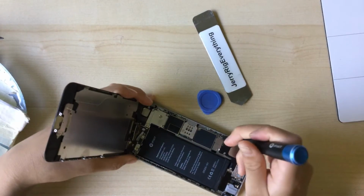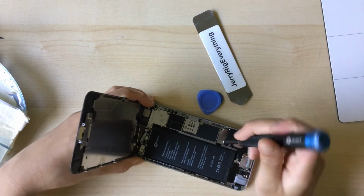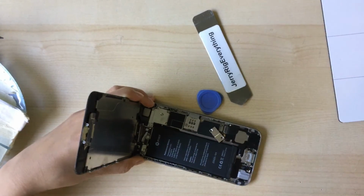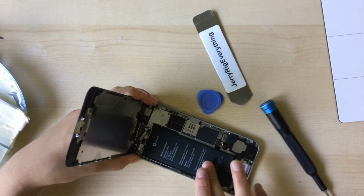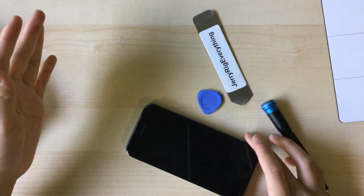So anyways, I just realized I was missing a screw. I'll get some screws from my bag of iPhone 6 and 6 Plus screws, but yeah, remove the 2 screws and put the panel aside. Want to organize it, and you can see I have an iFixit battery in here, and you're probably wondering, Felix,